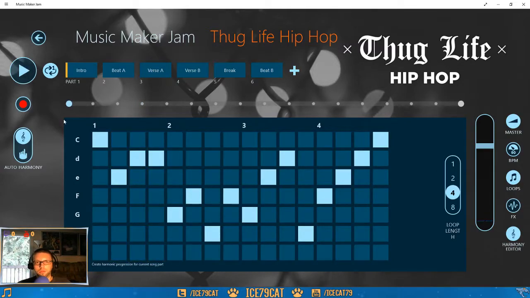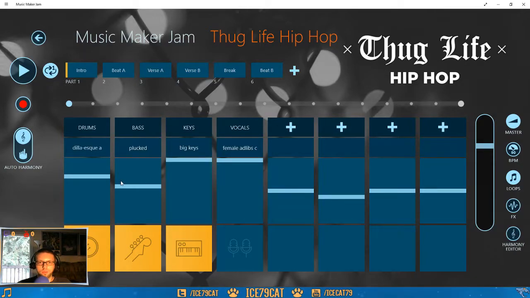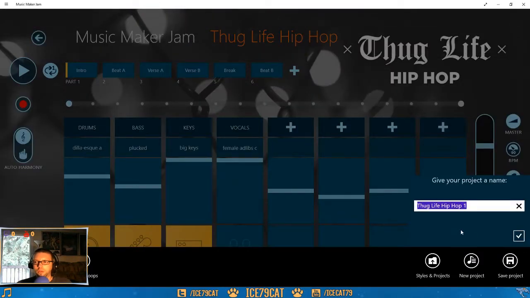So as you can see, you can change different things with it. And then let's just say, just for fun, that we wanted to save this, right? We want to save our song. We like where it's at. We don't want to hit this back button by accident. You go back to this hamburger menu, app commands, save project, save it as whatever you want, and then it's